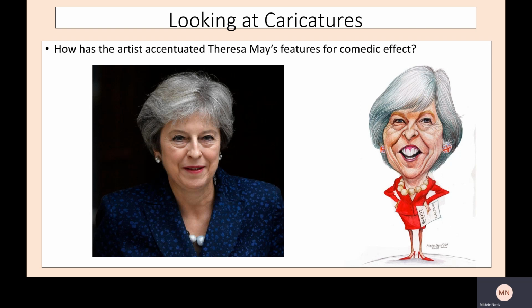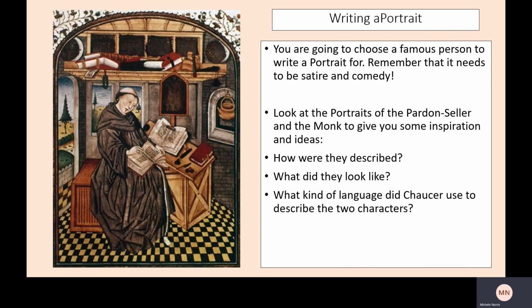Theresa May. She started off the Brexit process, if I recall, and you see she's wearing a big bulky necklace. She's often seen wearing jewellery like that. You can just see a peep of it in the actual photograph. And she's got the Brexit papers there. She's dressed for business in her suit. She's got the Union Jack earrings because obviously she was leading the Brexit talks. So there you've got the bits that they've exaggerated about her to make it a caricature. Now you're going to be writing a portrait.